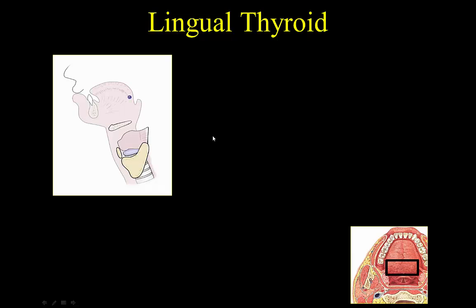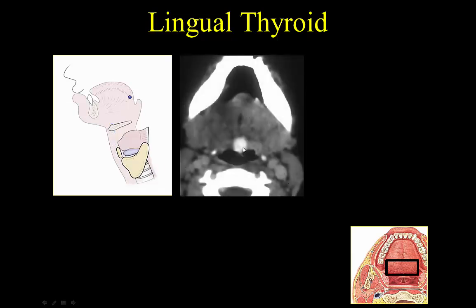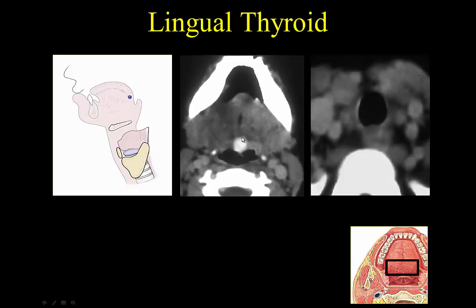Now, we talked about this earlier. This is the normal descent of the thyroid gland. It starts at the foramen cecum and eventually ends up in its normal resting place in the anterior neck, just anterior to the tracheal cartilages. If there is thyroid tissue, solid, that remains at the foramen cecum, again, solid, that is lingual